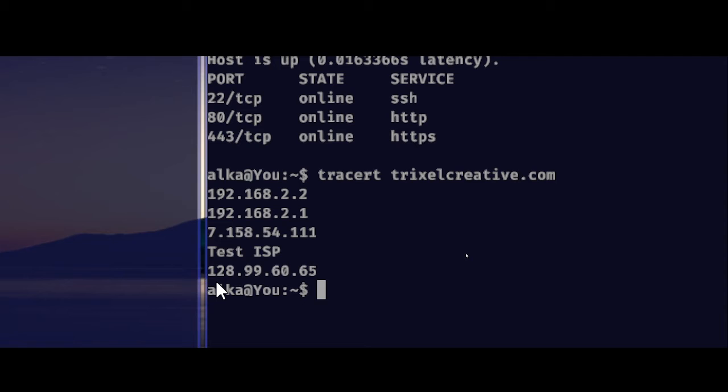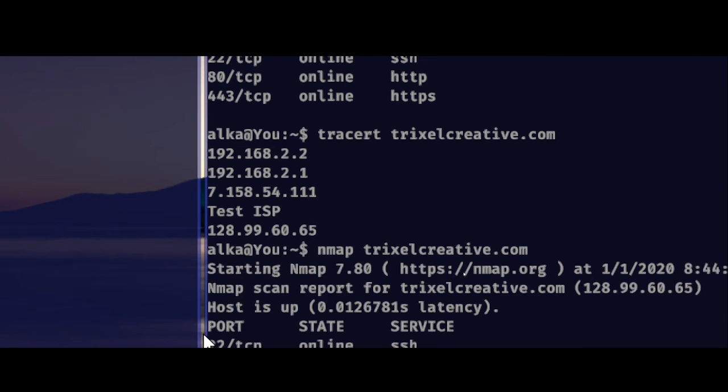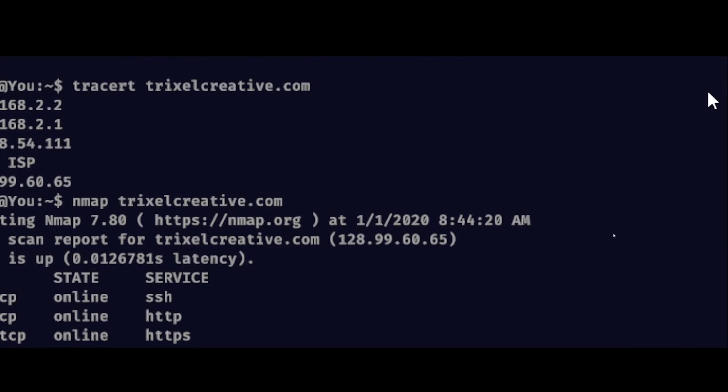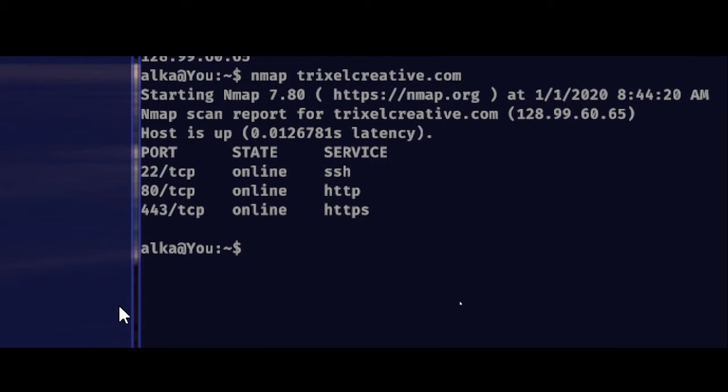then I end up connecting to IP address 128.99.68.65, or is that 0.60.65? Either way, this address is in fact Trixel Creative, because if I do nmap TrixelCreative.com, it will actually show that IP address as it's the same IP. And in fact, if I nmap that IP address, which is